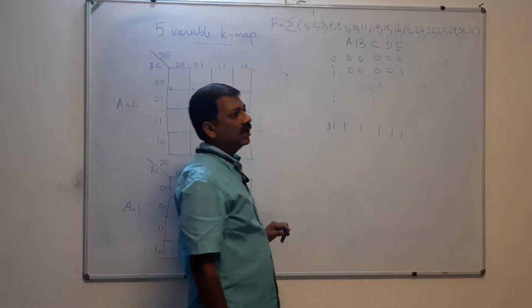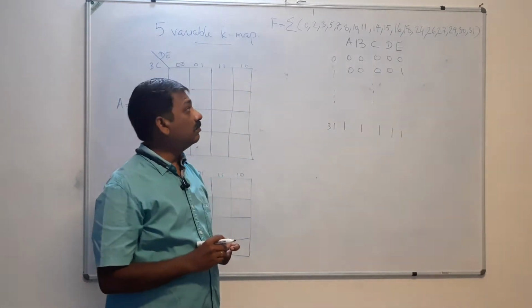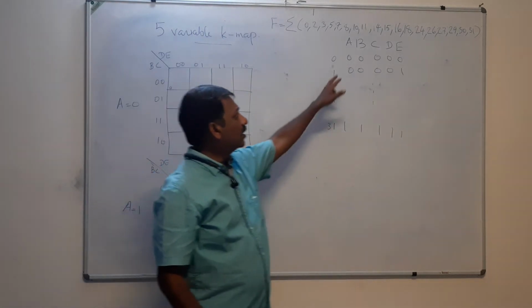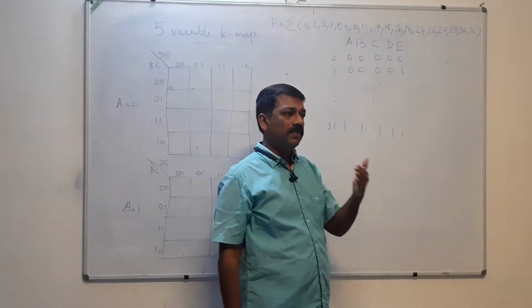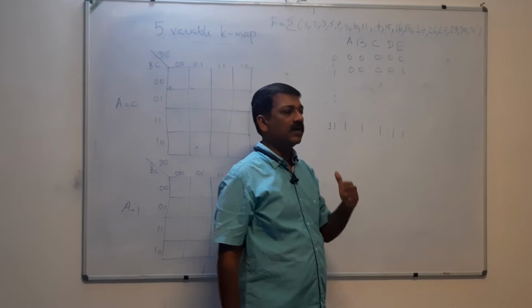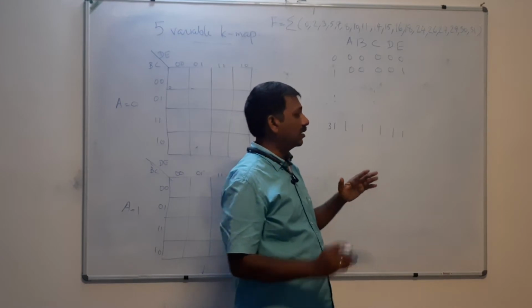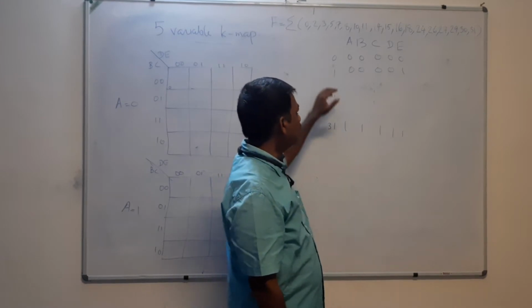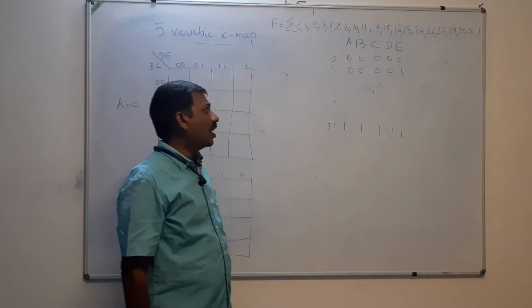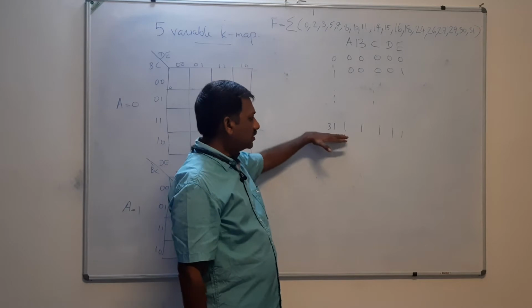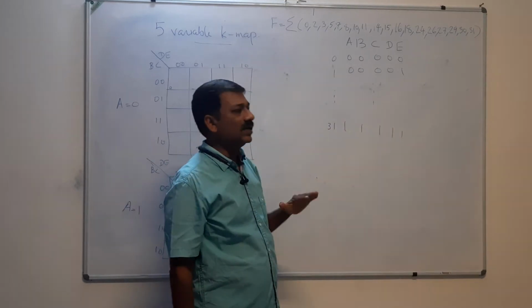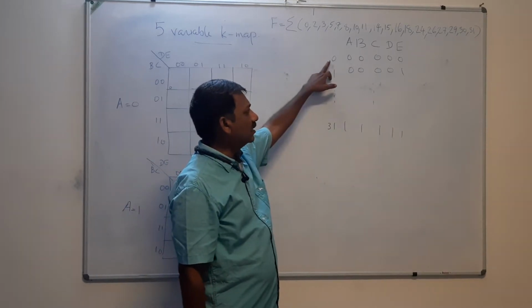That means 32 different possibilities are there for A, B, C, D and E. That means A and A bar, B and B bar, C and C bar, D and D bar, and E and E bar. When you multiply all this, that is 2 raised to 5. That means you have different sets of values for A, B, C, D and E that are designated as